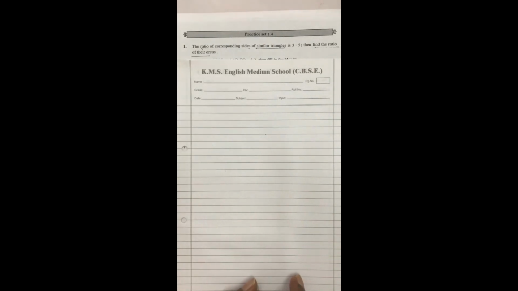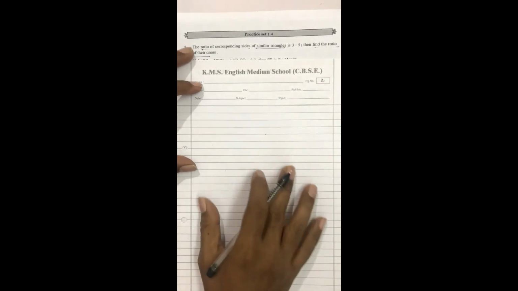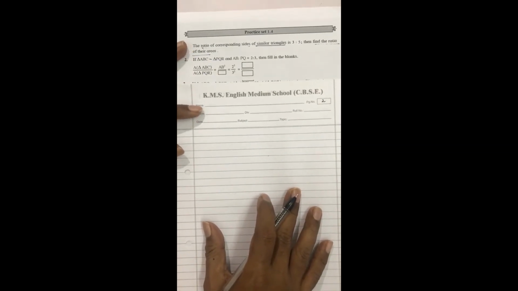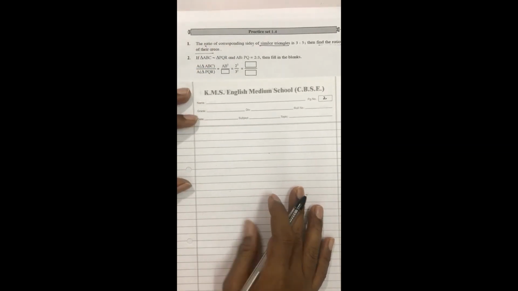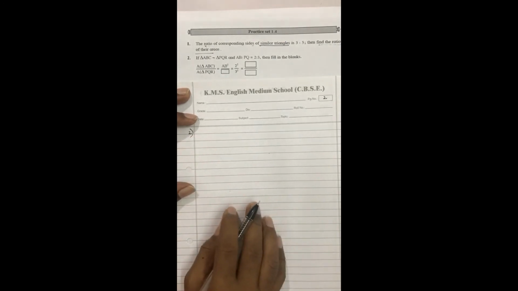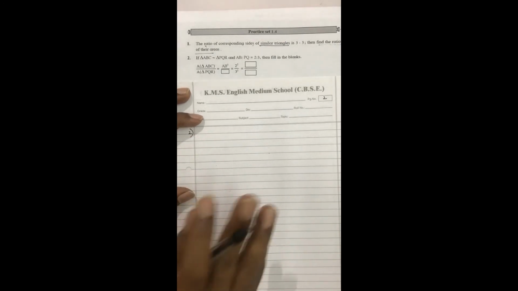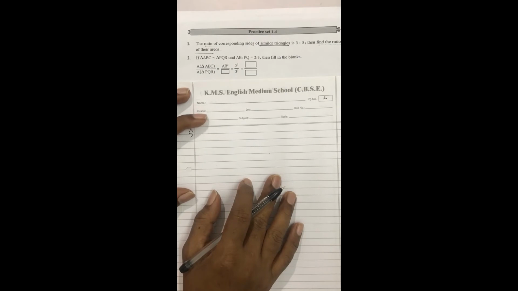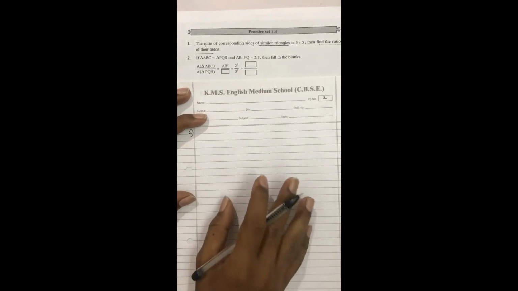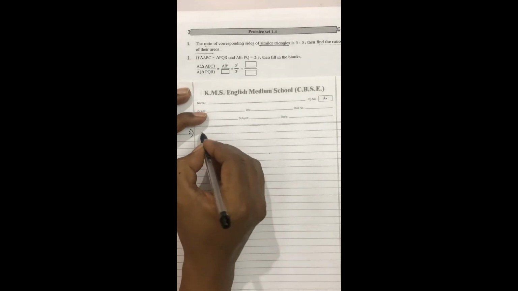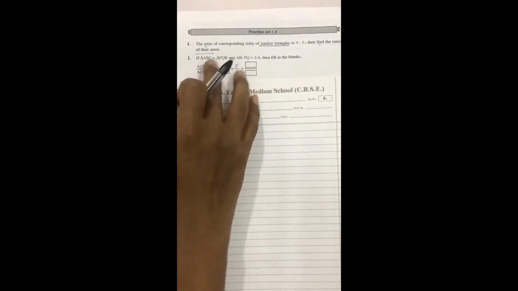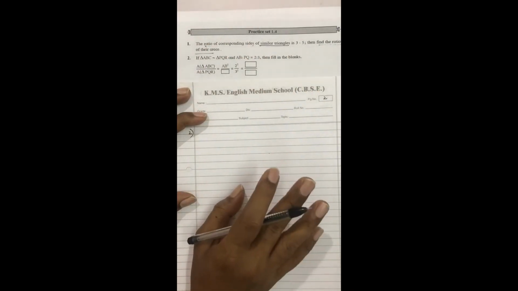Fine, this is over. Then we can go to the next question, that is question number 2. Here they have given you the boxes to fill. No need of the diagram because the names of the figure, triangles and everything are given. If triangle ABC is similar to triangle PQR, AB upon PQ is equal to 2 upon 3, then fill in the blanks. So basically, they have given this, so you have to fill in the blanks, nothing other you have to do.